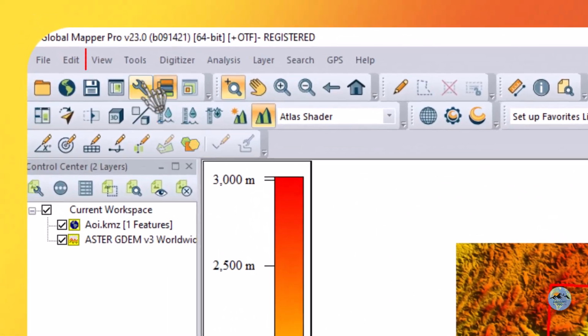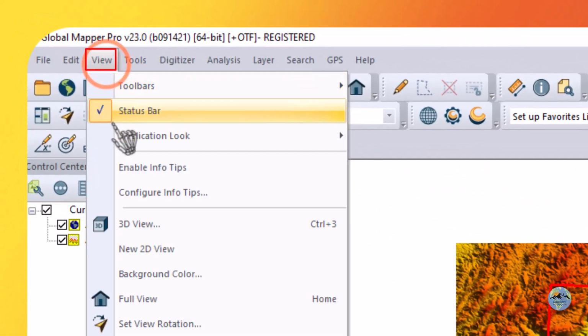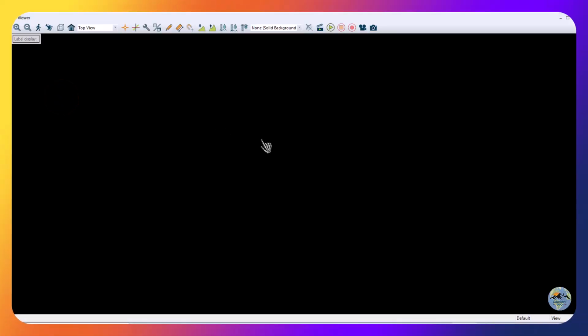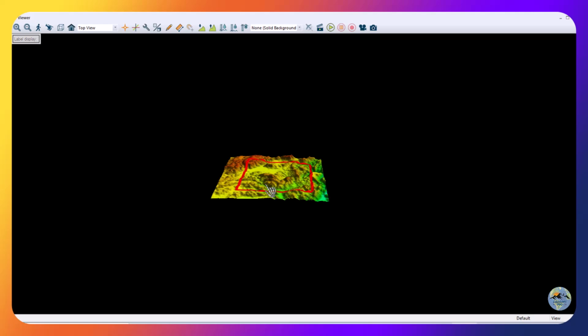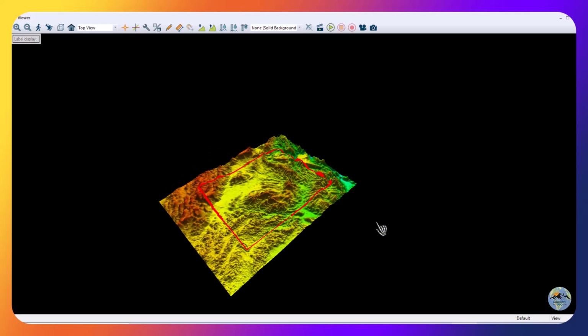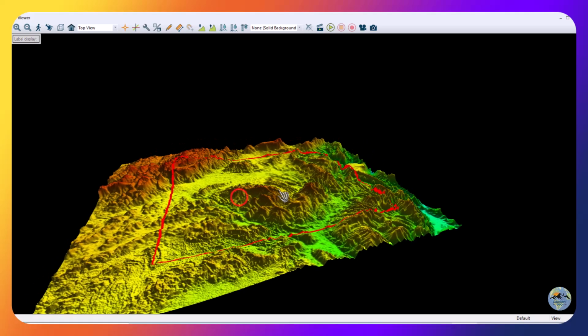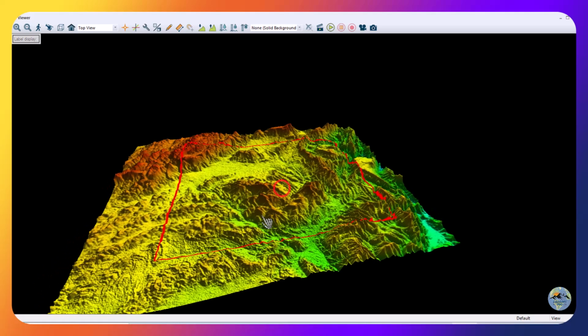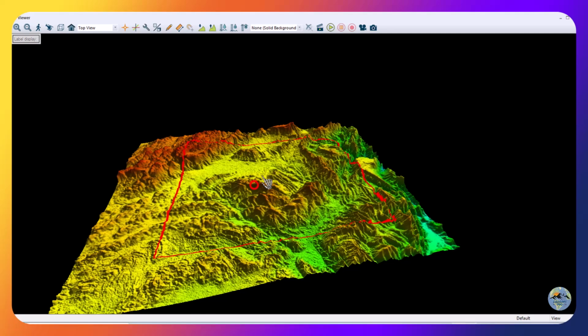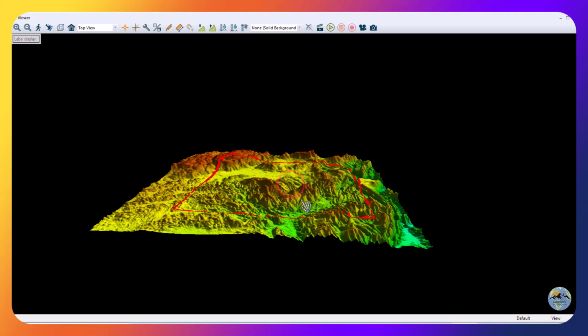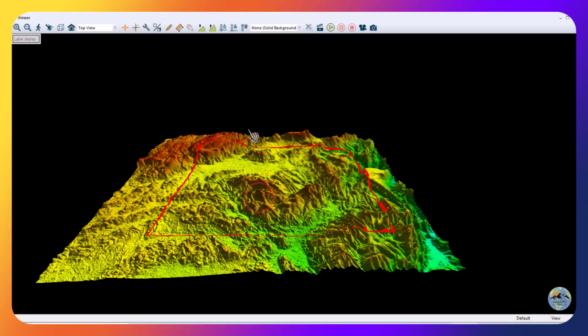Now go to View, and in the View menu select the 3D view. So you can see your digital elevation model as well as your area of interest. We can visualize it. So to change the dark background, you can go here and select the drop-down,